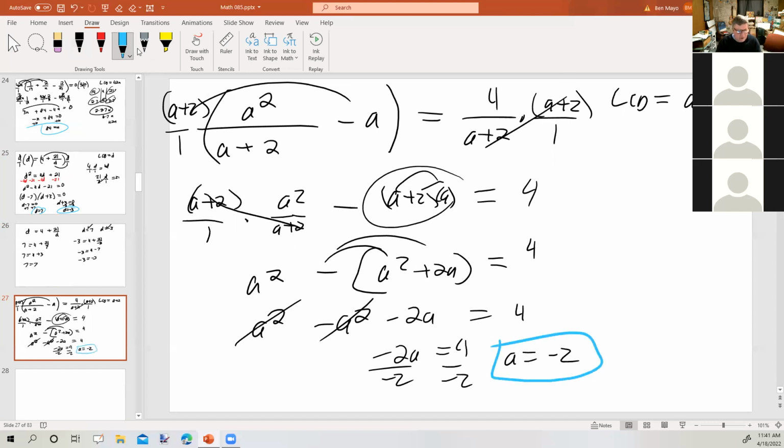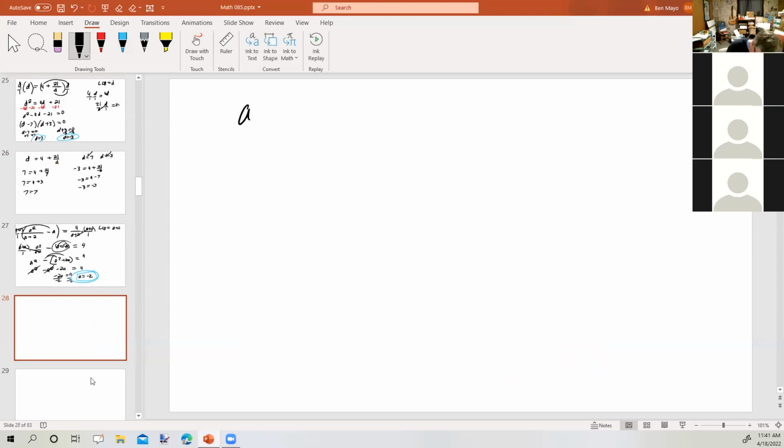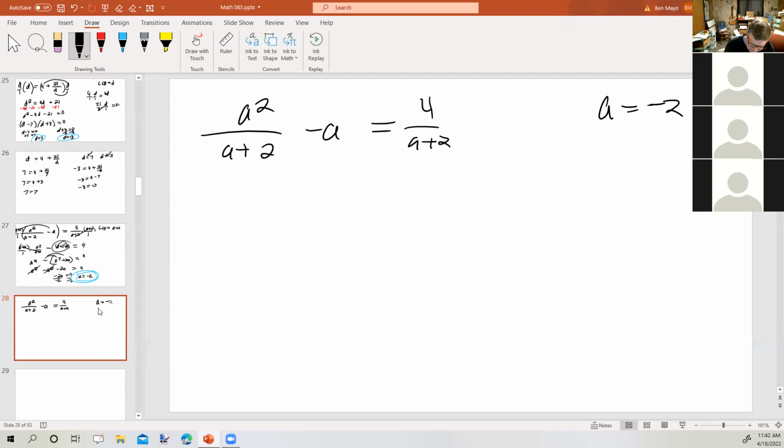Now, you might think that everything's fine, we're done, and we can move on. However, what happens if I take that and I check my work in the problem? Okay, let's go back and rewrite the original problem. a squared over a plus 2 minus a equals 4 over a plus 2. And we said a is negative 2. If I put negative 2 in the place of a,